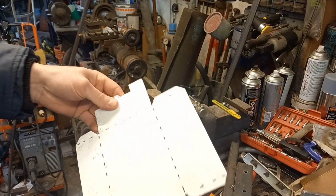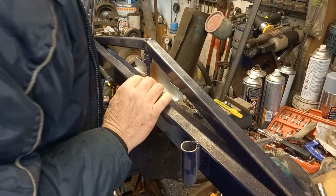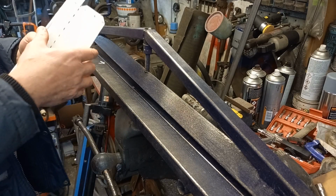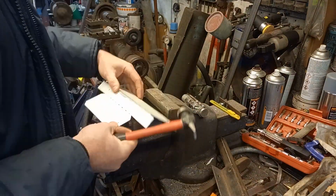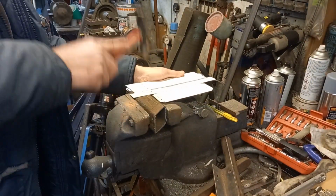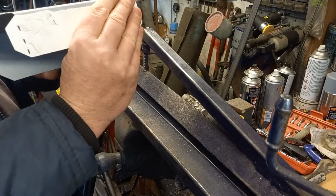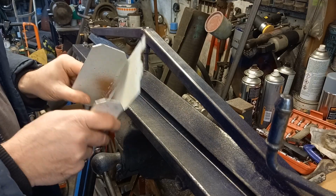Right, next challenge. Bend over this piece. Base should have bent that along that line. Right, let's flatten that back out again then. It's going to make that look horrible. Right, let's try that again. That should be averted, sort of. Good job, that's going to be on the back, so we're not going to see it again. Right, let's bend these around now, so it's exactly